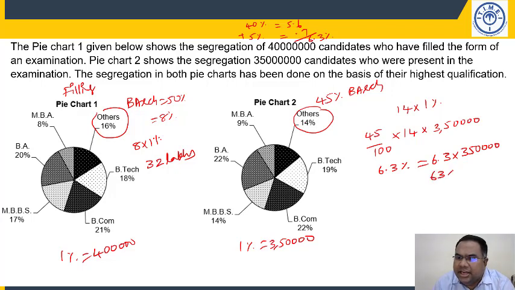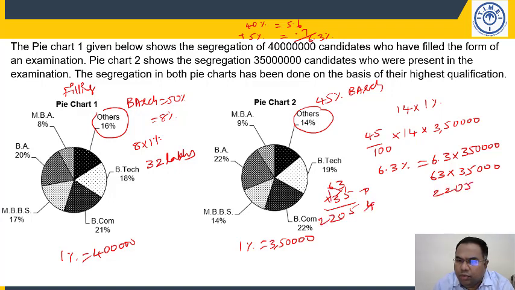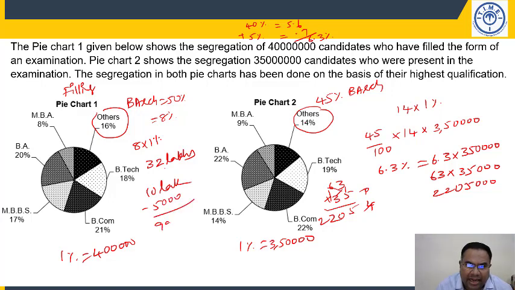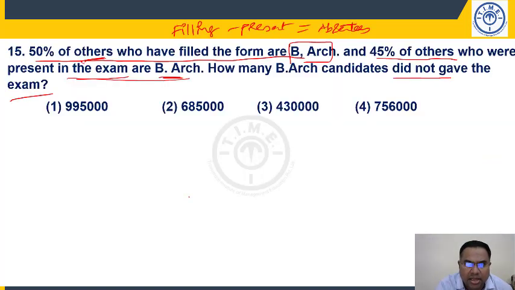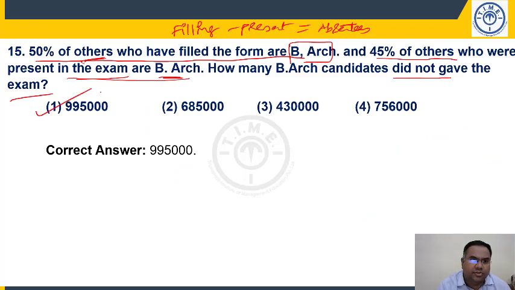So this will be 63 into 35 followed by how many zeros? 10 will go for the point, so 3 zeros. 63 into 35. We know two-digit multiplication, right? Rightmost digits 5 threes are 15, 1 carry forward. 39 plus 1 is 40. Leftmost digits 18 plus 4 is 22. So 2205 000, so 22 lakh 5,000. So if it is 32 lakh minus 22 lakh, the difference will be 10 lakh. But it is 5,000 more, so I have to subtract another 5,000. I will get 9,95,000. That should be my answer. 9,95,000 is present in choice 1.